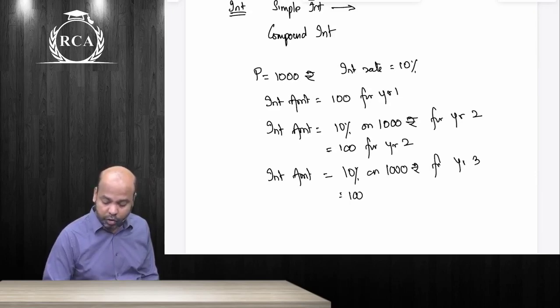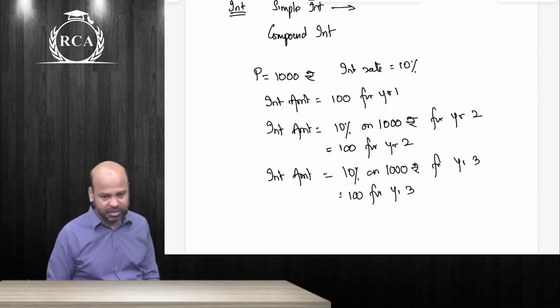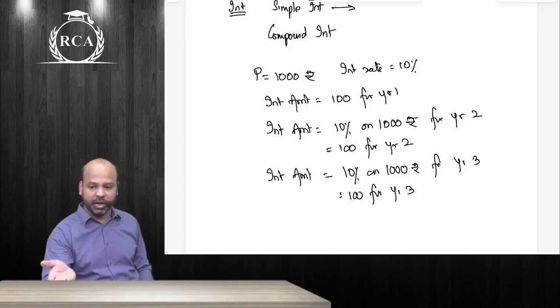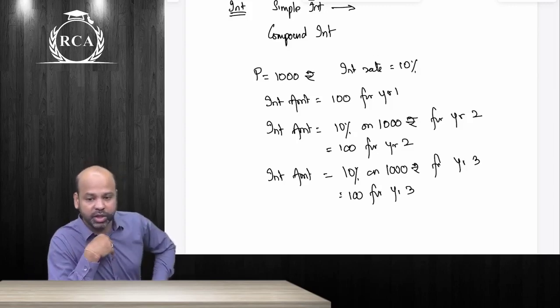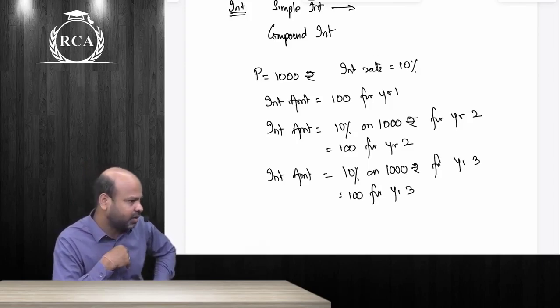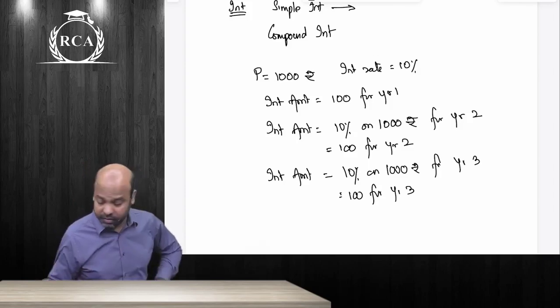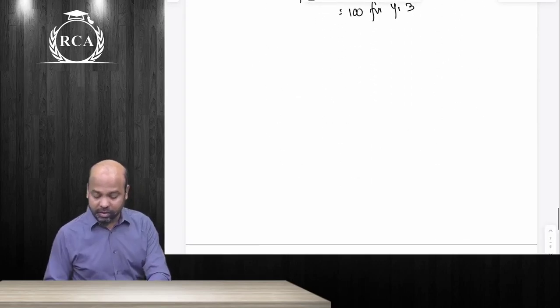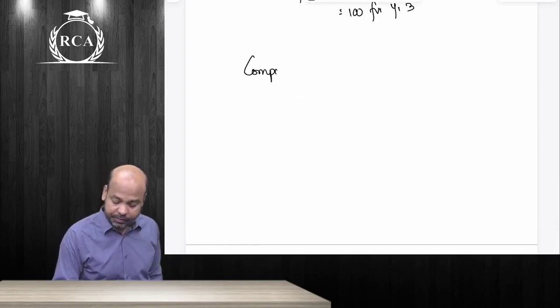So even if you're not withdrawing your interest income as such, beta, the return that you're getting in the subsequent years is only on the original principal amount. It is not on the accumulated balances. That is why it is called simple interest. The same thing, beta, if it was compound interest.